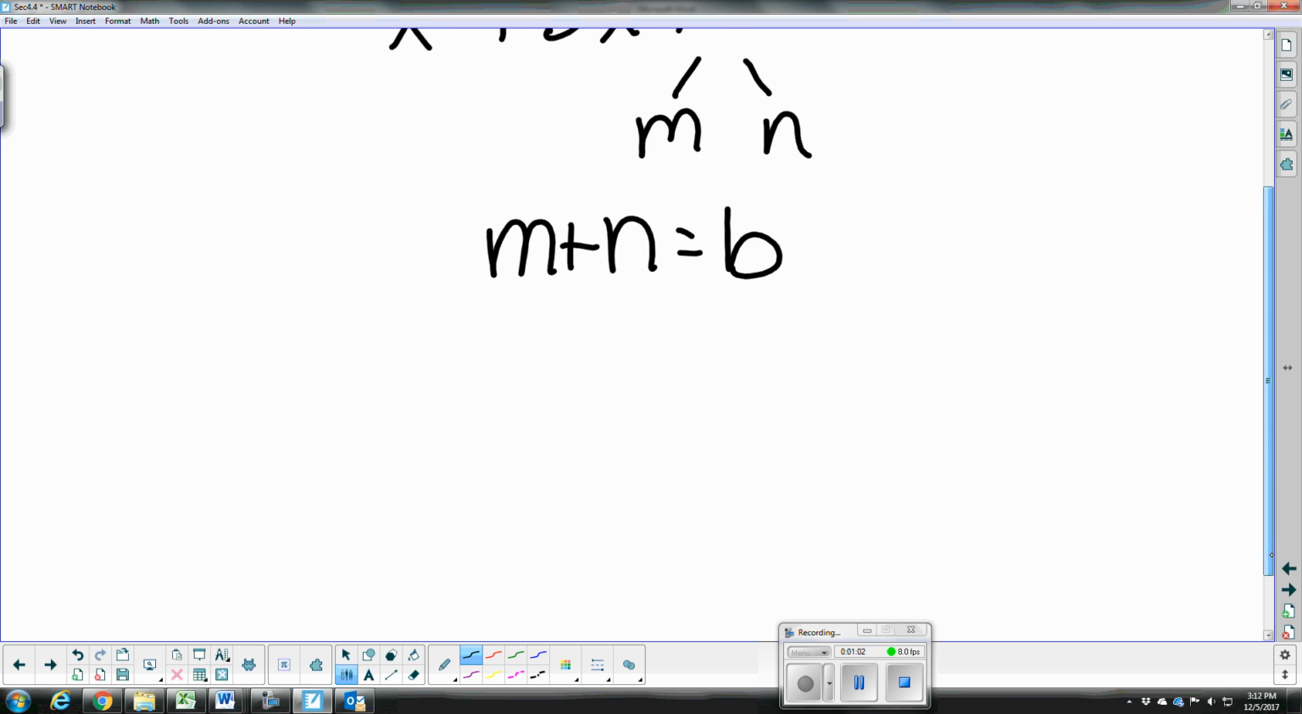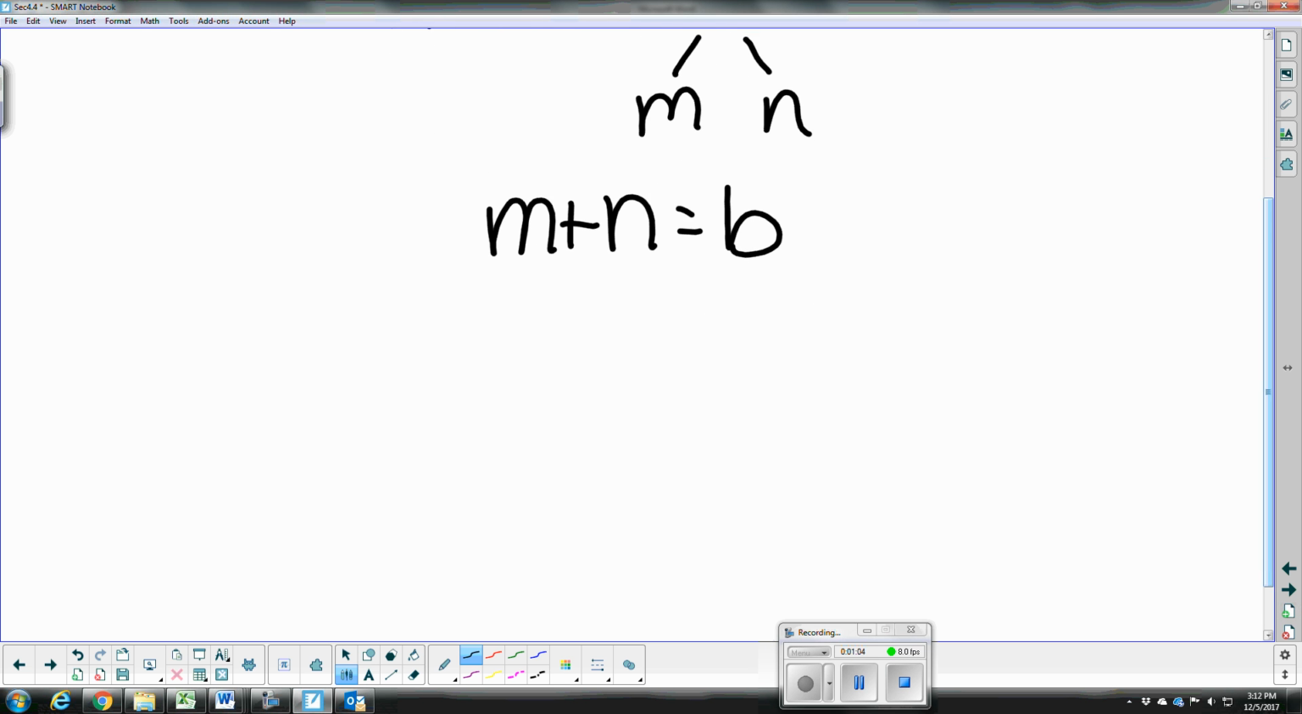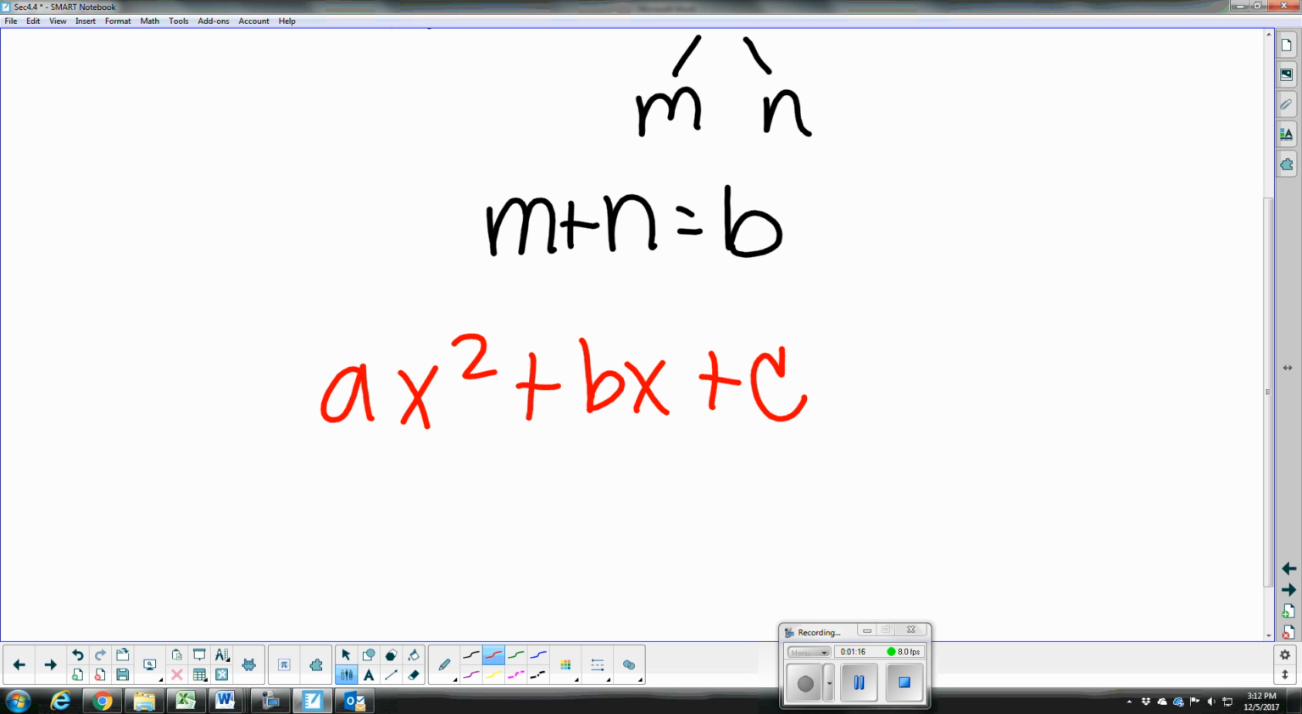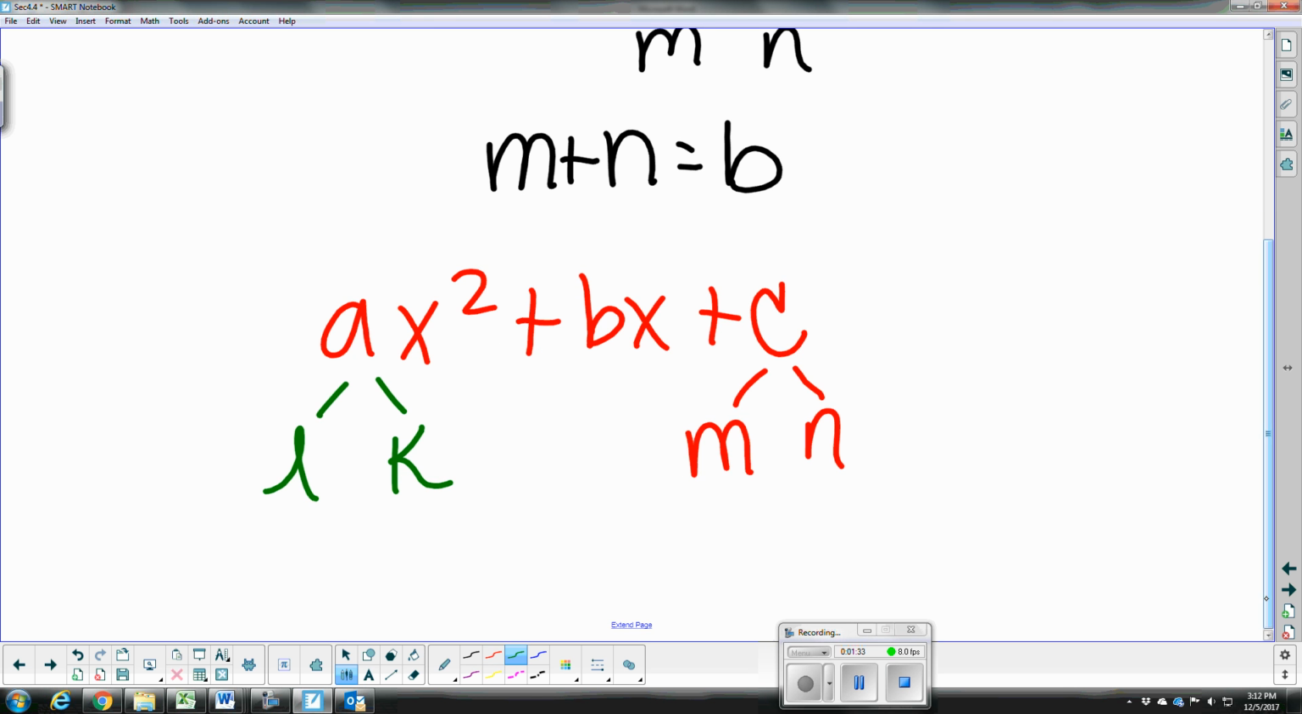Now this lesson is going to be a little bit different because we do have an a term. So we have ax squared plus bx plus c. We're going to do the same thing here and look for factors of c. We're going to call those m and n. But now we also have to look for factors of our a term, and we're going to call those L and K. And now our goal is that L times N plus K times M